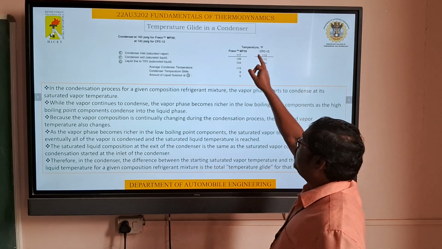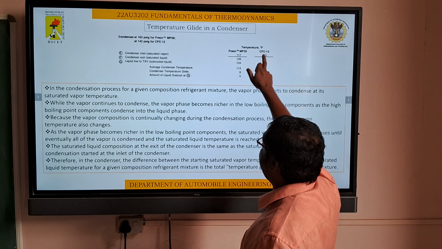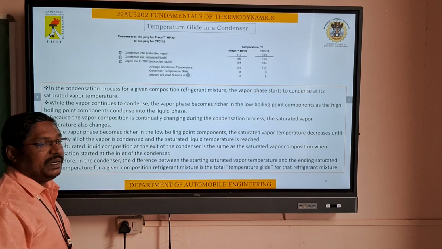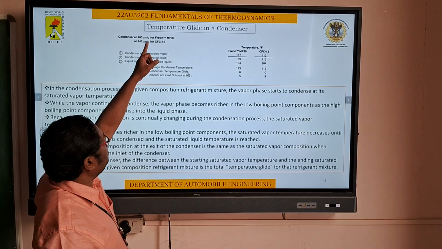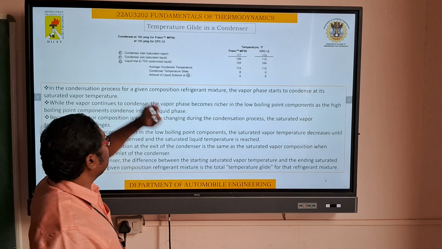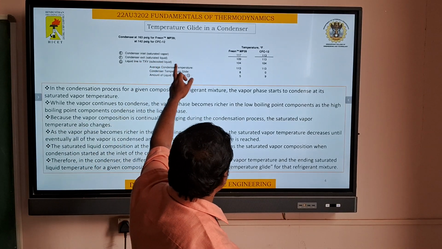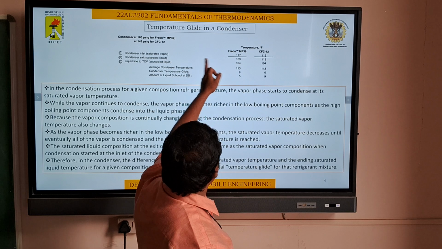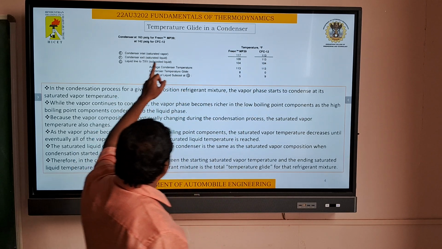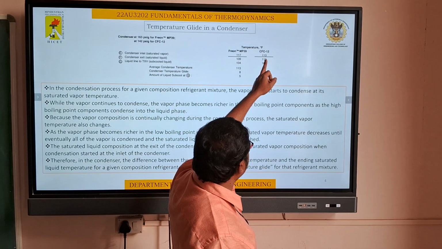You can see that here again the zeotropic mixture in degree Fahrenheit, CFC12 in degree Fahrenheit. So the condenser pressure, you can see, is 163 pounds per square inch in gauge pressure, and for CFC12 it is 142 pounds per square inch in gauge pressure. So you can see that the condenser inlet is the saturated vapor. Here it is 117 degree Fahrenheit, CFC12 is 113, and the condenser exit is liquid at 109 degree Fahrenheit, but here it is the same, 113 degree Fahrenheit.